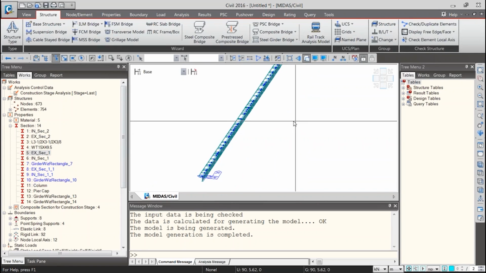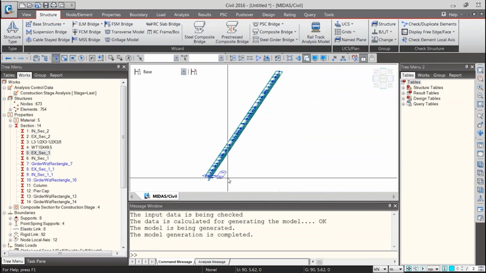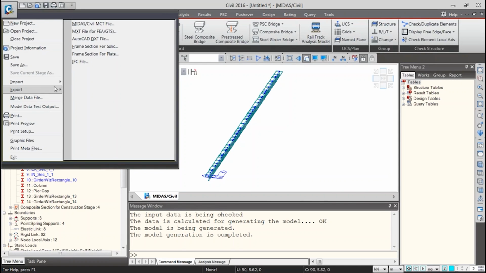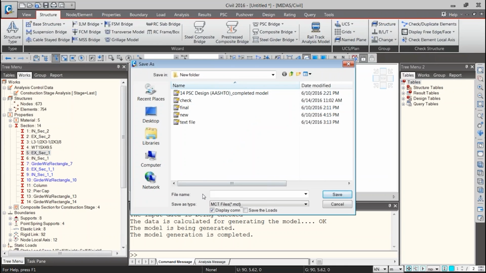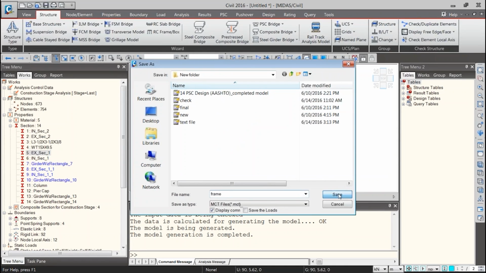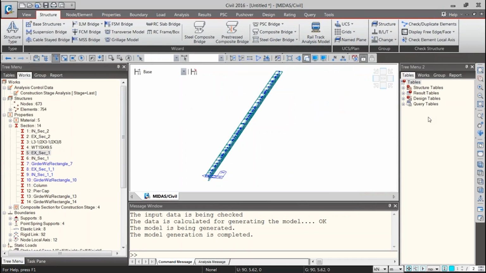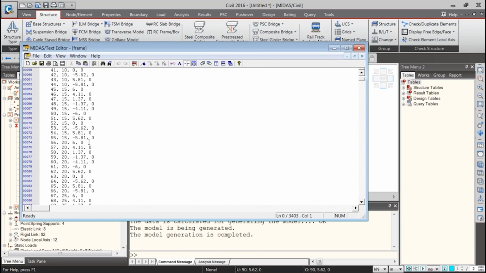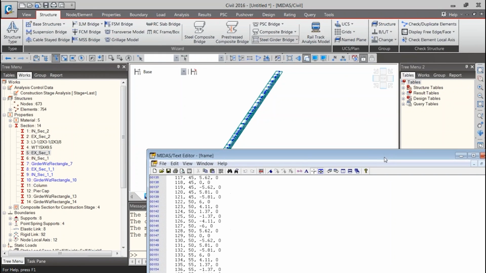Again, if we generate the MCT file for such a type of section, what we can do is go to file, go to export, go to Midas Civil MCT file. So we see all the commands being given here. We'll go to this particular section.